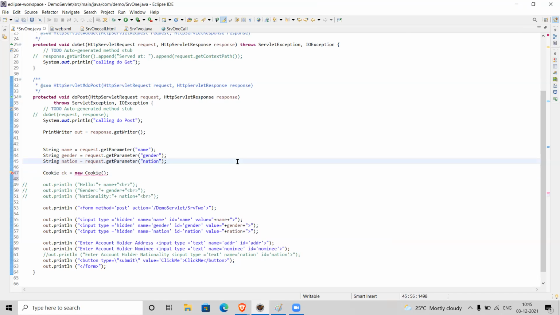Suppose if we have a next form, then we should go to the next servlet, servlet 2, and from there do an out.println. It'll take the next form, the third form. Maybe we can use JSPs or HTML pages for other forms also. But in that case, a servlet is not required. Instead of a servlet, we can use an HTML page, and on the server side we can read that information using session. I'll explain that in the next example. For now, we'll use a servlet for form 2 also.